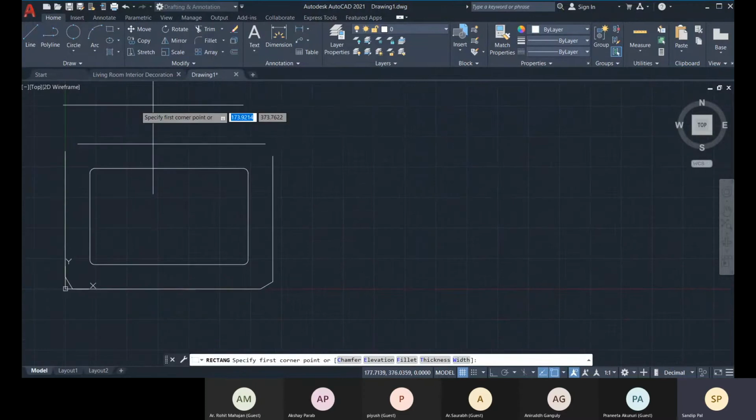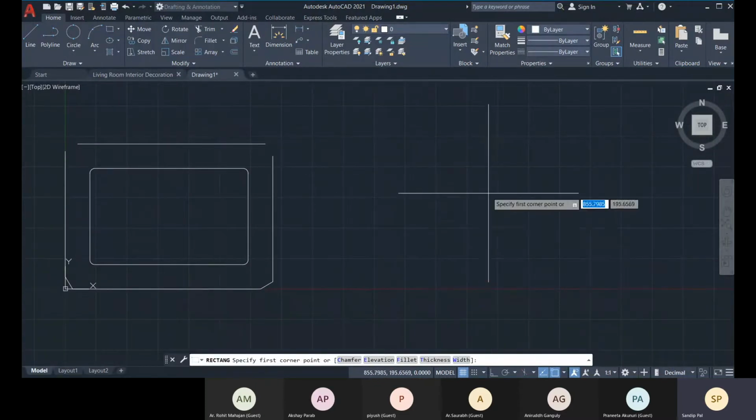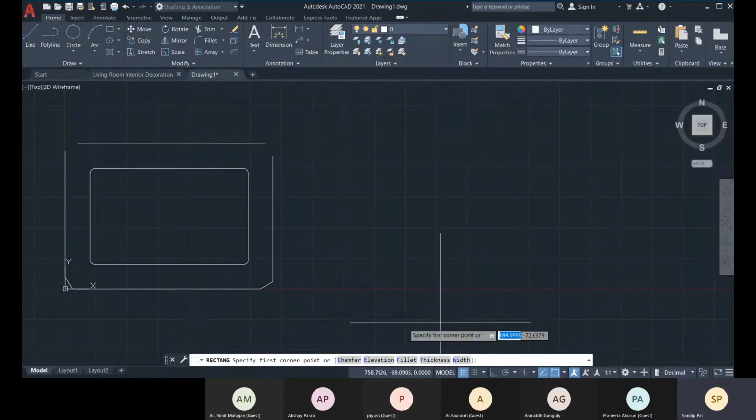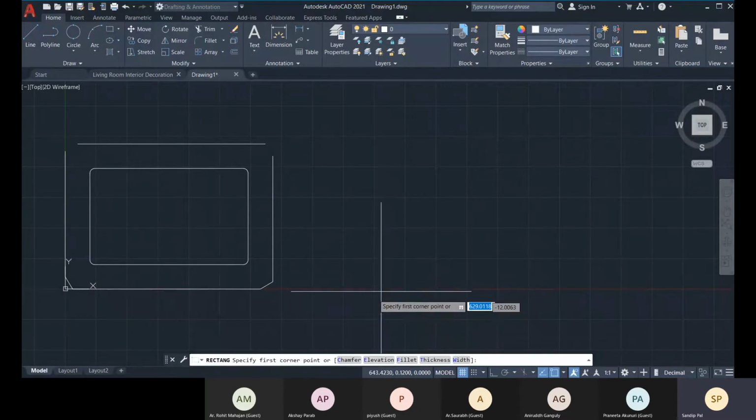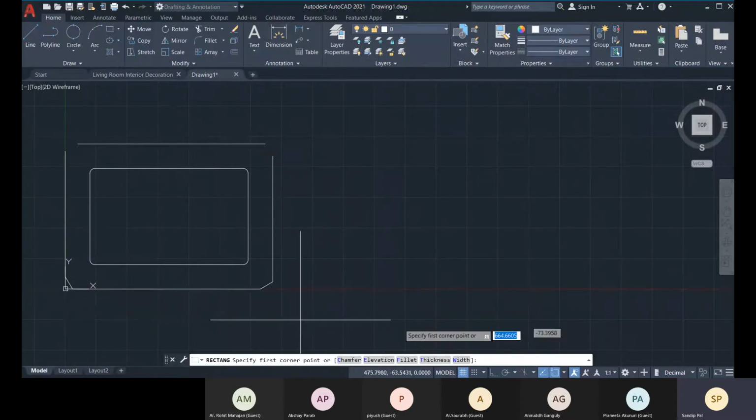Elevation is that when you are creating a rectangle, you are placing it at the XY plane. So with the elevation, you can give it a height and it will be placed at some distance in the Z direction.